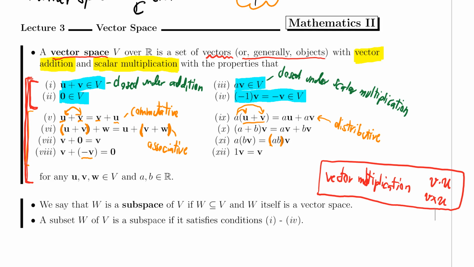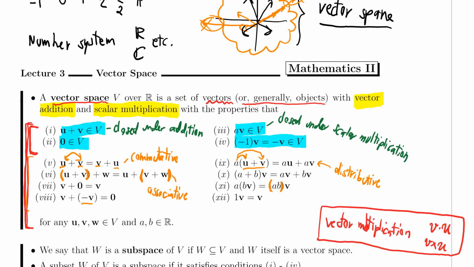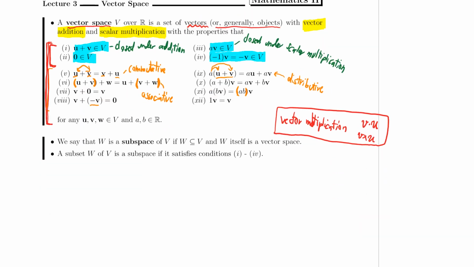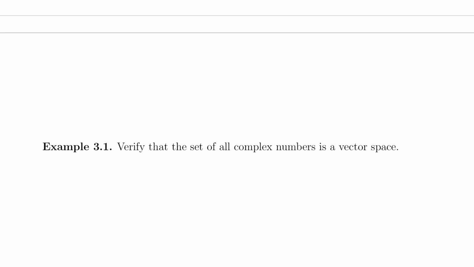Like I said before, this definition of vectors and vector space allows us to view more things which are not necessarily vectors in the usual sense as a vector. So let's just look at the example here. For the example of 3.1, I'd like to show that the set of all complex numbers is actually a